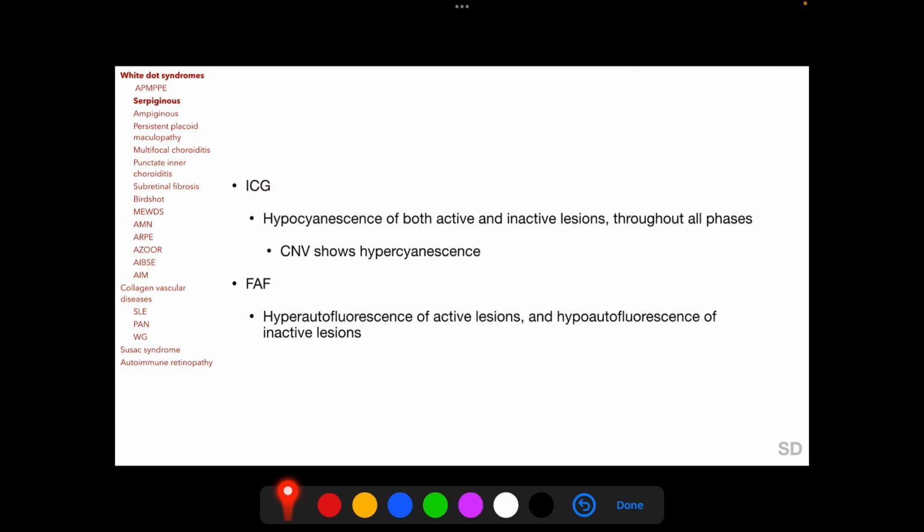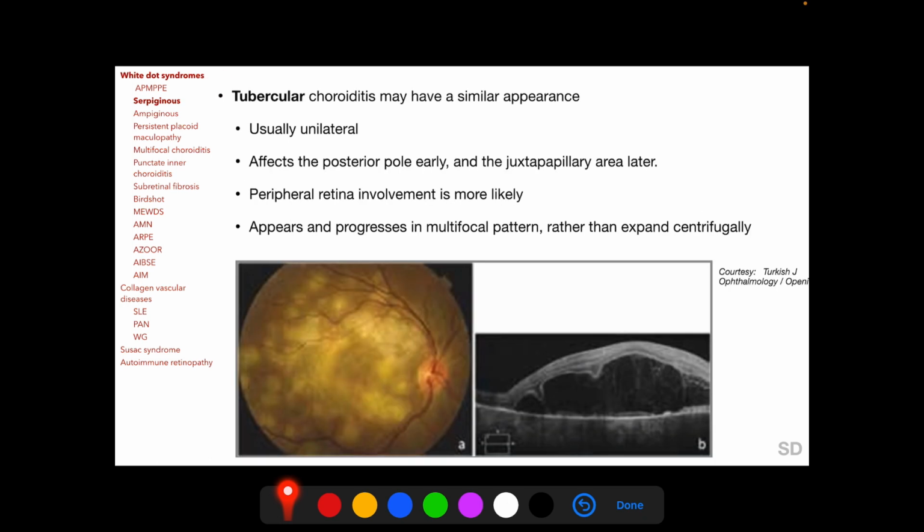On ICG, we find hypocyanescence of both active and inactive lesions in both the early and the late phases. However, if there is a choroidal neovascularization, it will show up hypercyanescence. Fundus autofluorescence shows hyperautofluorescence of active lesions and hypoautofluorescence of inactive lesions. Tubercular choroiditis may have a similar appearance as serpiginous choroiditis, but it is usually unilateral, and it affects the posterior pole early and the area